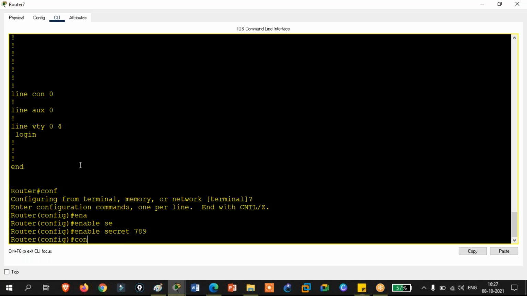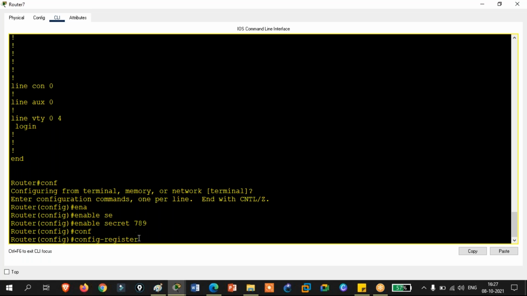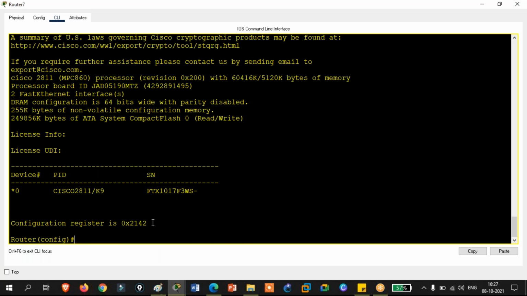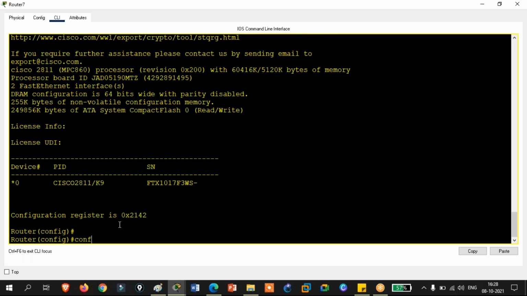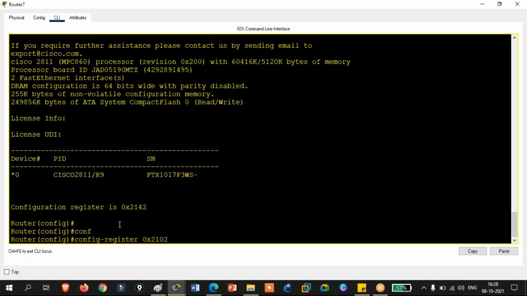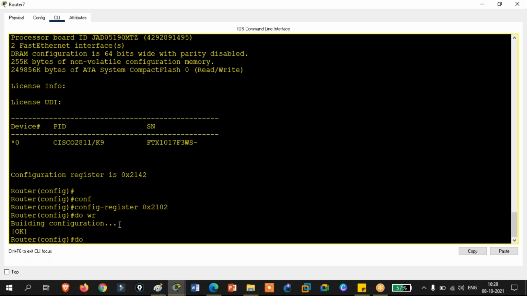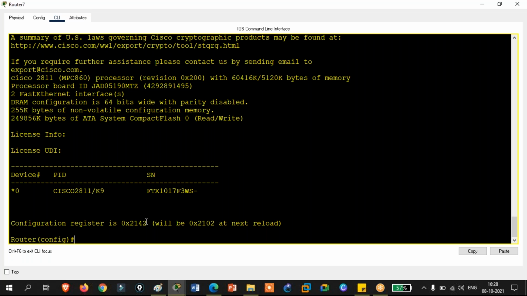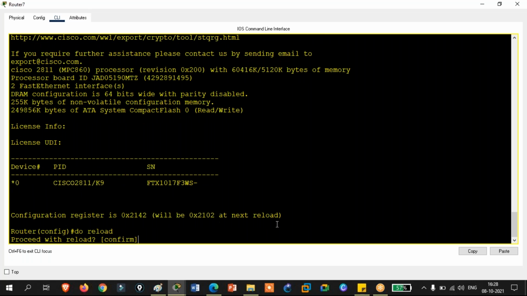And then after everything, you change the configuration register value by this command. In here, the command is config-register; there it was confreg. Because if you don't do that and you check do show version, the value is this one, and if you reload the router any other time, it will not ask you the password, which is something you don't want. So change the config register to the original default value. Save. If you check do show version, it says it is this one right now, but on the next reload it will be changed. So you need to restart the router.